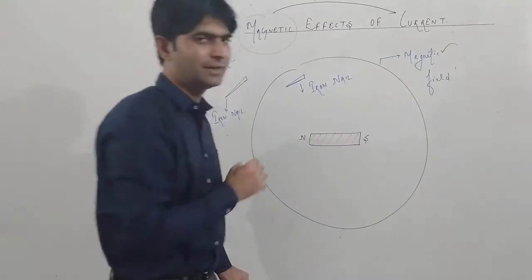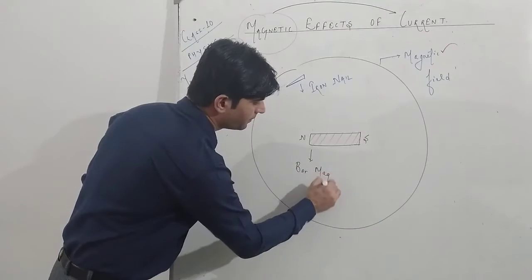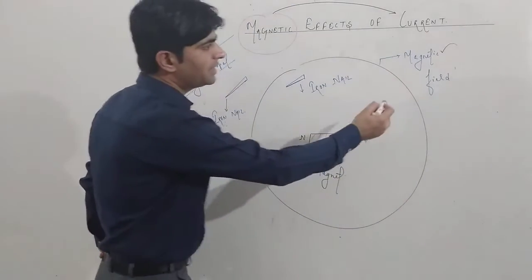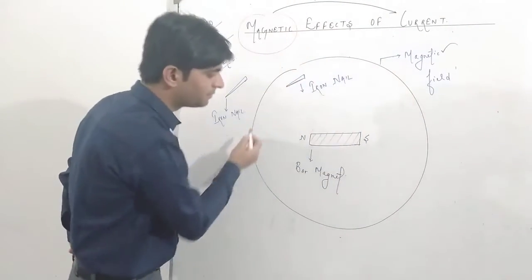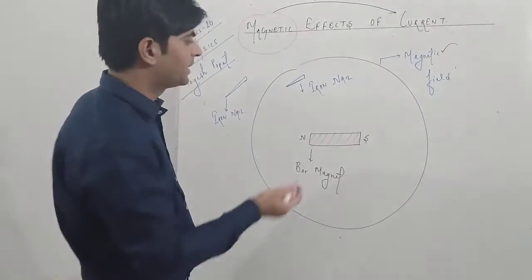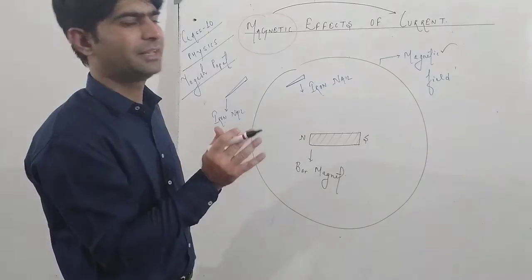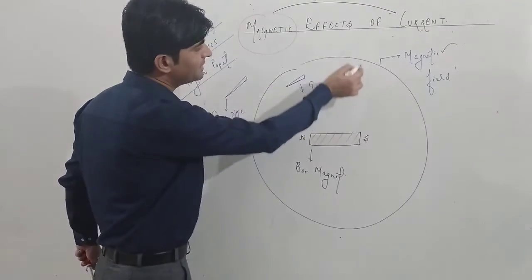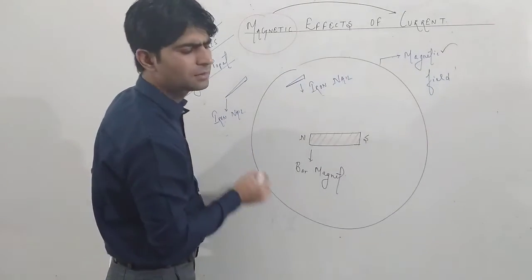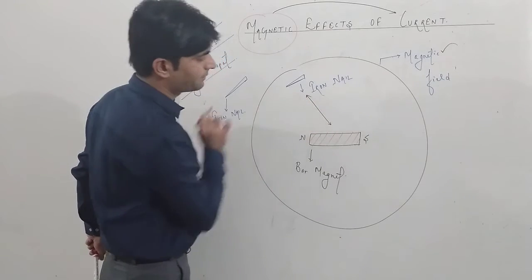Similarly, if we talk about magnetic field, this is a bar magnet, and I have kept an iron nail, I have made this circle. So magnetic field, you can say, is a region around any magnet or a magnetic field producing body. It is a region around any magnet up to which it has its magnetic effect. That means if I am keeping this iron nail inside this region, this is an imaginary region, this is not visible around the bar magnet, there will be a magnetic interaction between this iron nail and this bar magnet.